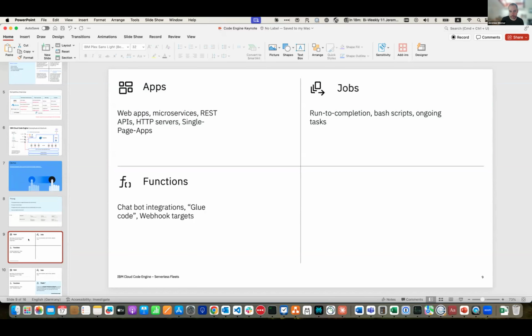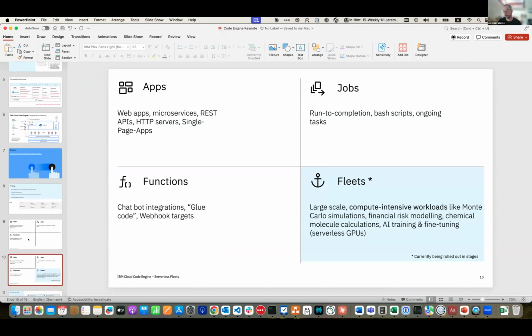Okay, and as you have seen, we have apps, jobs, and functions, and there was also this white space here on the chart, and that's what we wanted to fill, and that's what we also learned from our customers, asking for more compute-intensive workloads to run in a serverless fashion. And that's what we address with, we call it serverless fleets. It's something which I don't think anyone else has. It is currently under development. It will come out later this year in the next quarters. We will roll it out in stages. If someone is really interested to try it out, feel free to reach out,